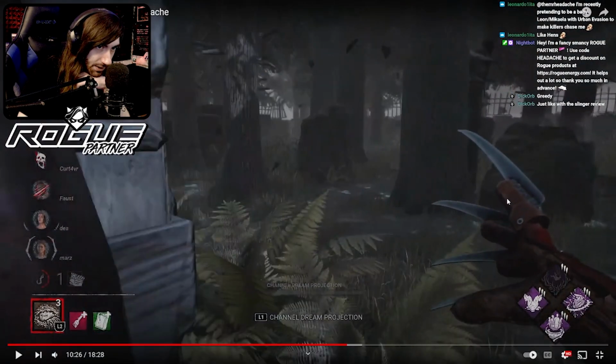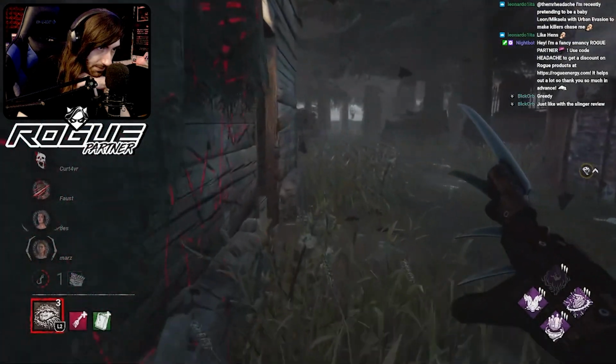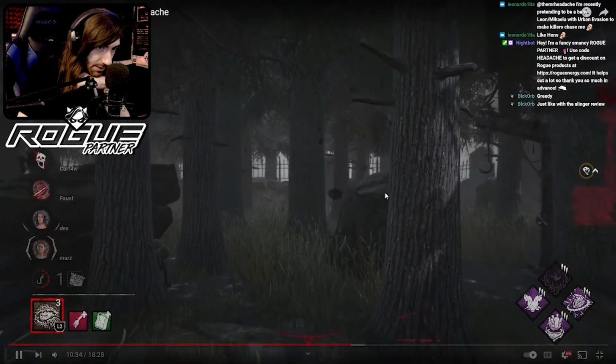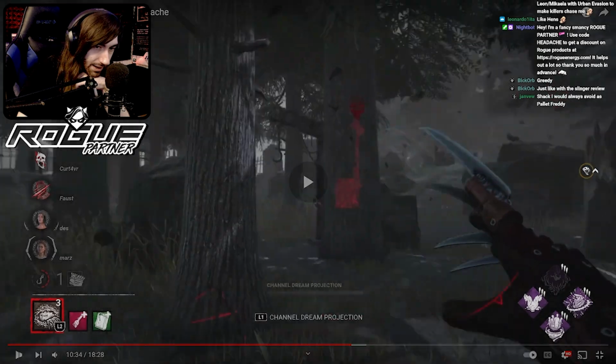You see 2 people hopping on the gen and to your right. Don't commit to this chase on Nia, especially with Adam injured. With Adam injured, you down Adam, you get a jolt on this gen, and that regresses it a bit. Yeah, like...